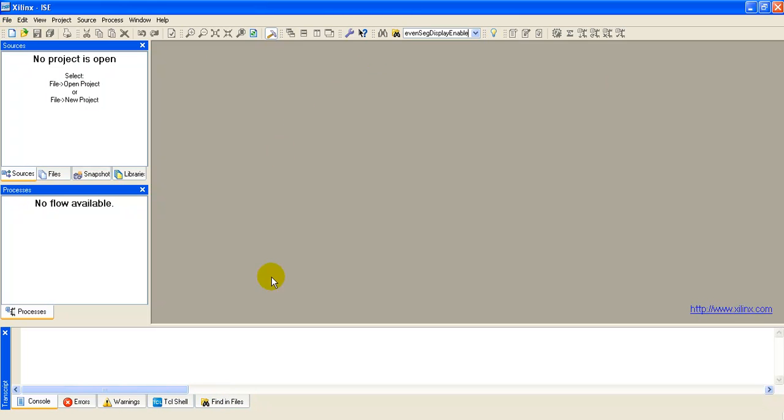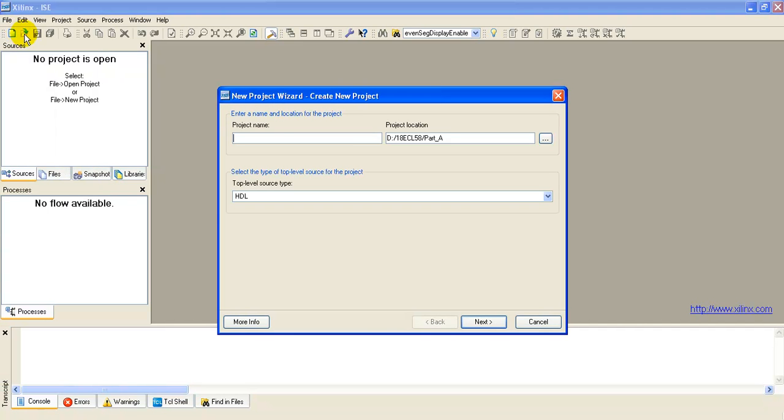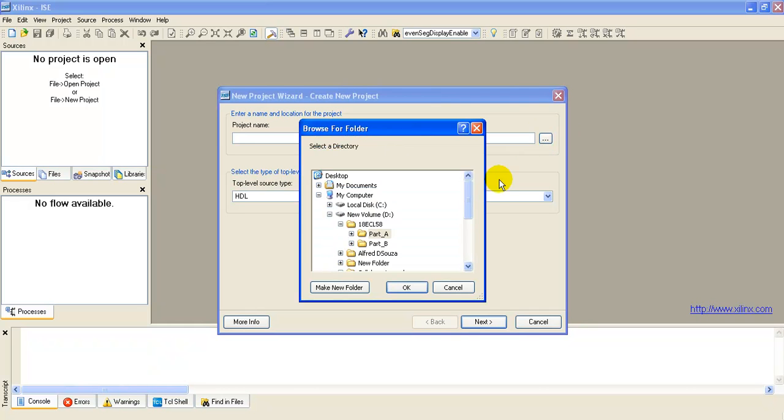So first, once the Xilinx ISE simulator is opened, we have to create a new project. Go to File, select the option New Project, and there you have a project location. That means where your project is to be saved. So select the location wherever the project is to be stored.